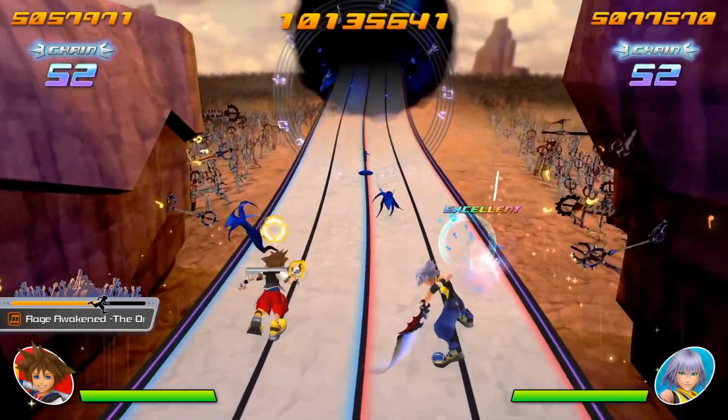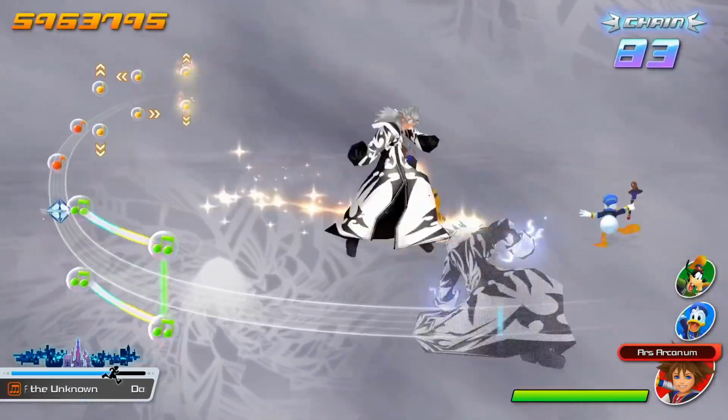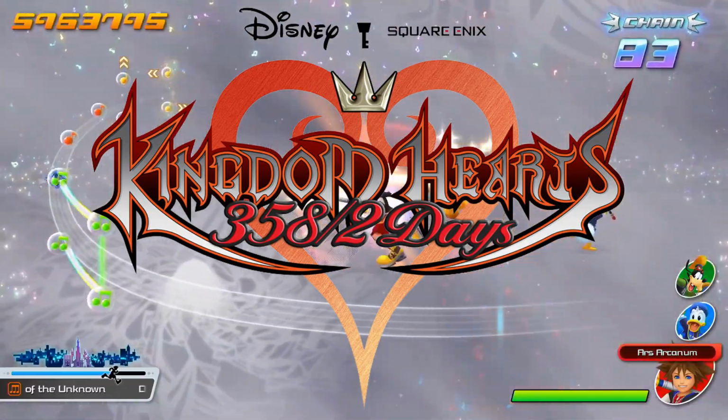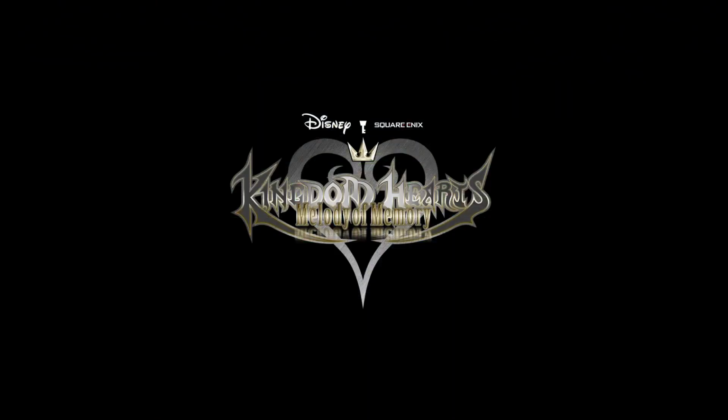The last bit of gameplay shows what boss fights will most likely look like. Sora, Donald, and Goofy are fighting Zenmus, and did Goofy just dodge roll? He hasn't done that in over 10 years! Anyway, the next part is when we all realize that this rhythm game is going to be important to the